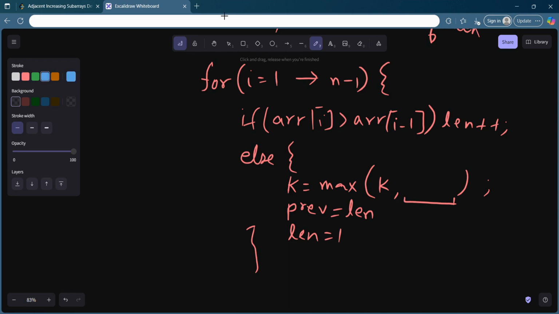Okay, so let's say this is some portion of the array which was strictly increasing. And this was also an adjacent portion of the array which was also, let's say, strictly increasing. So I will consider this as a small one, and this is also strictly increasing. So let's say when you are lying on this particular breakpoint and on this particular number, what you are actually doing is updating your k. So what will be your k? This is your previous value right now, and this is your len value.